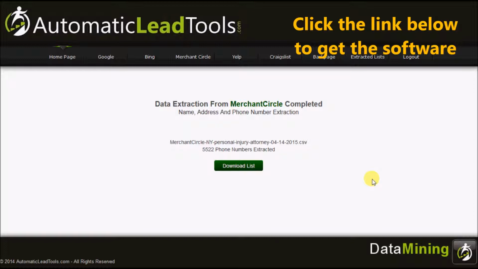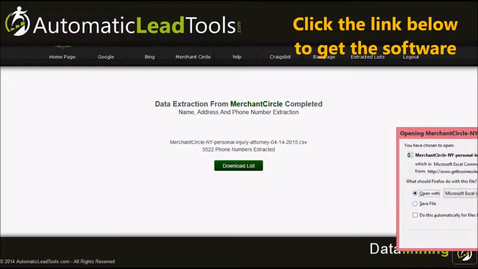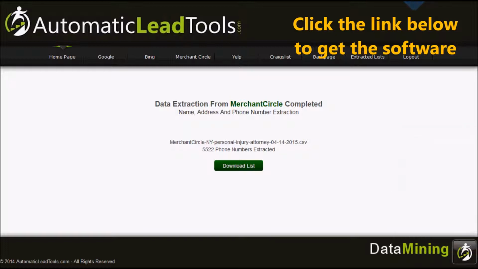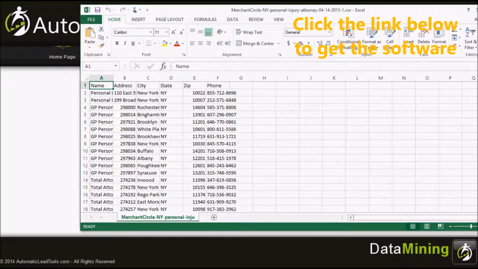Now, it's just finished the search, and we've got about 5,522 leads extracted here with their telephone numbers. Now, I'm going to download that list and I'm going to open it up. Now, of course, I'm going to expect that there's going to be some duplicates.